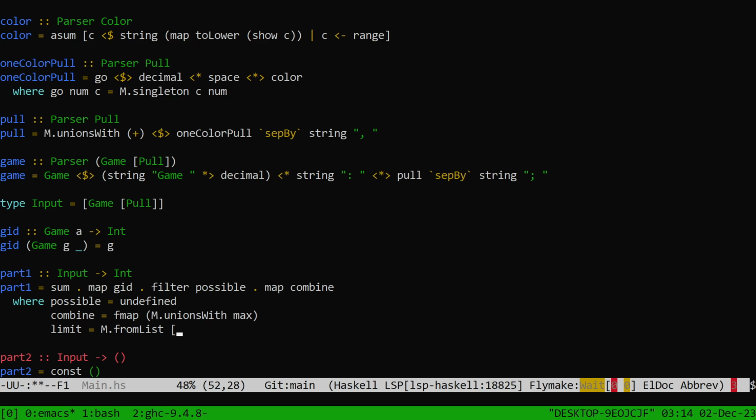So we are only allowed red 12, green 13, and blue 14. That's the most we're allowed to have. And I think we can just say that possible is